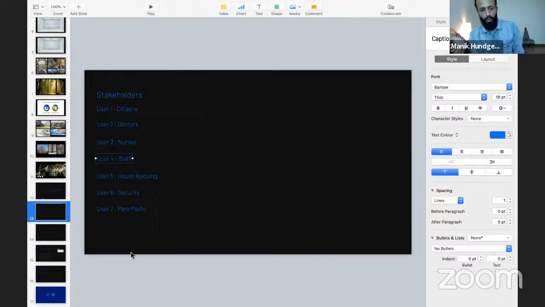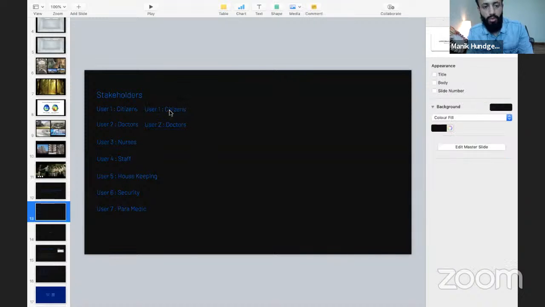So we won't be detailing this out entirely for all the 7, but let's do it for one. Okay, so at least, or maybe 2, we will do it for citizens and doctors, and then we'll proceed. Okay, so citizens, we've already started. These people will leave their home, they will travel to the center. What happens at the center? So any, just give me a brief of the activities they will be involved in.